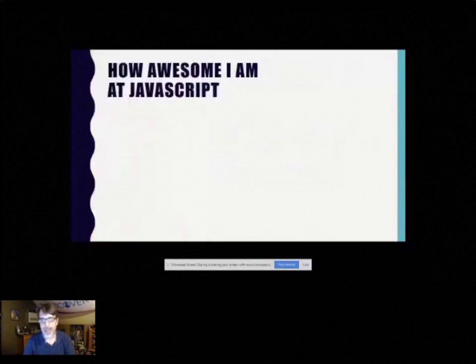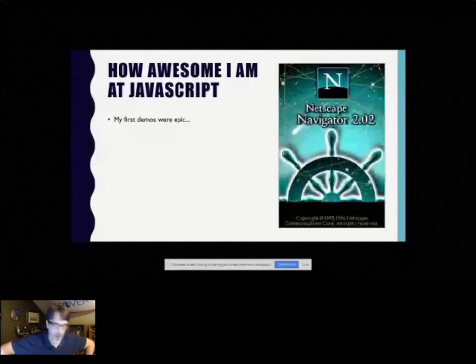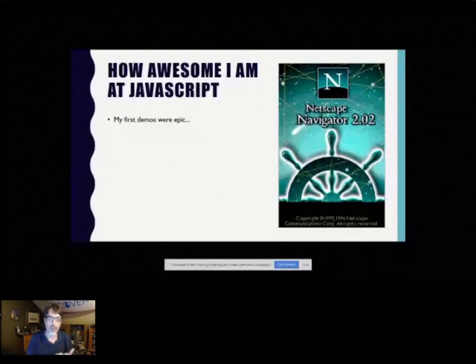I kind of want to start by talking about how good I am at JavaScript, because I'm really, really good at JavaScript. I started back when it came out, Netscape Navigator 2.02, when that was the hot thing on the internet. To give you an idea of how good I was, I still remember the first example scripts I wrote would actually bring my machine down.